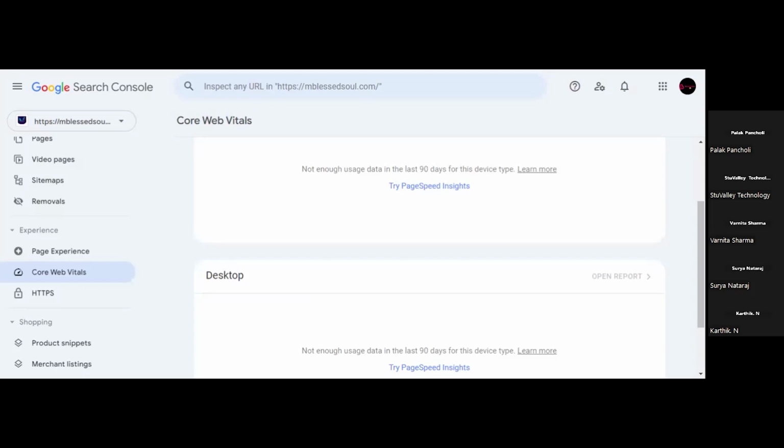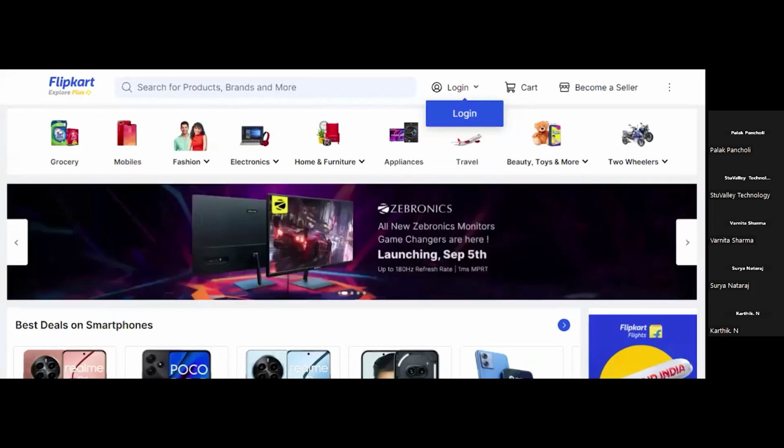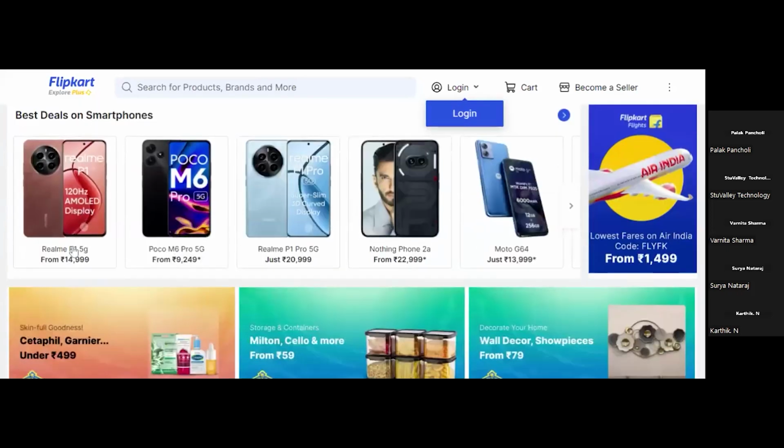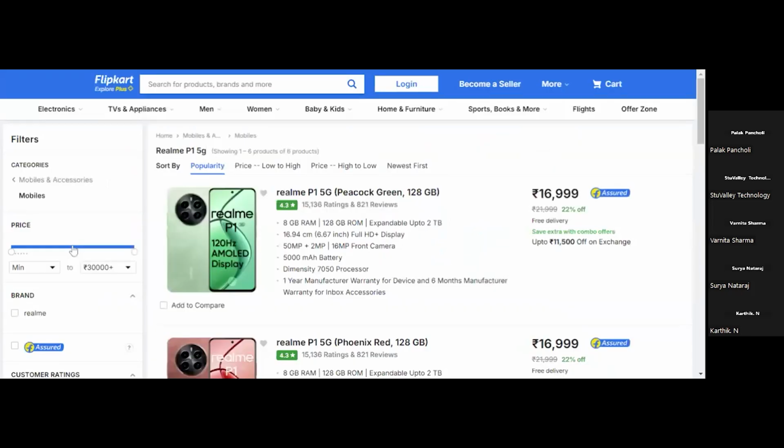Let's go to Flipkart. Breadcrumbs are actually useful in bulky websites. For example, this is Flipkart, and I'm clicking on this product, a mobile phone. Now, can you see this? Home, mobile and accessories, and then mobiles.